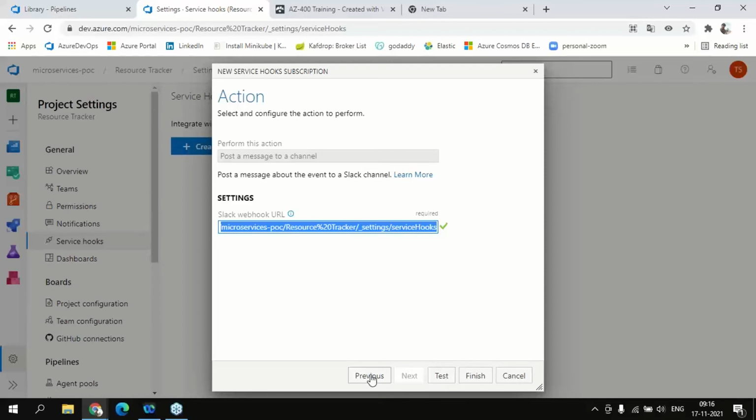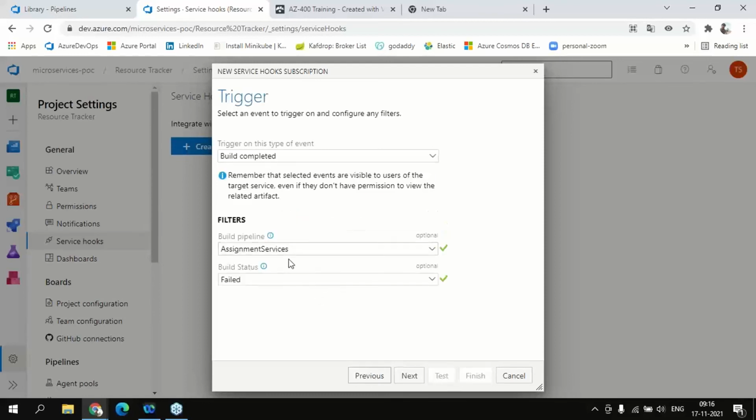Okay, so what will happen is whenever the build fails for the assignment services, it will send a notification to the Slack channel, so that everyone can see that and immediately look into that issue, before the client or someone responds to you. Okay,